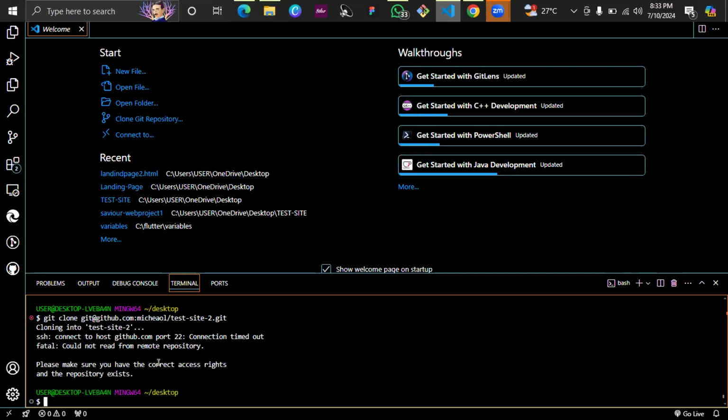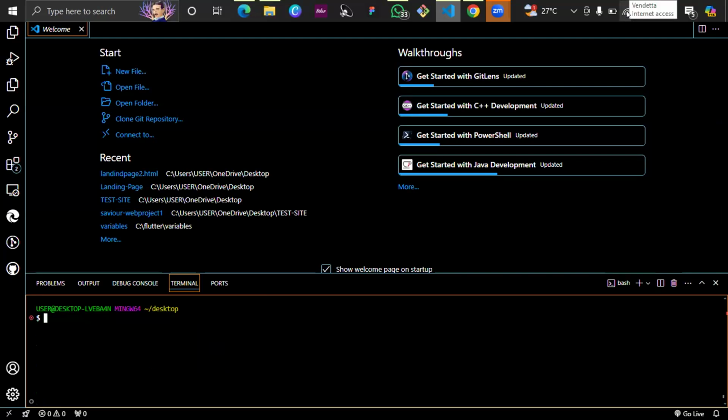Connection timed out, could not read from remote repository. Is your network okay? Yeah, but a bit slow. Clear your screen. Clear your screen again. Clear your terminal. That's what I mean. Then arrow up. Arrow up. Try it again. Hit enter.